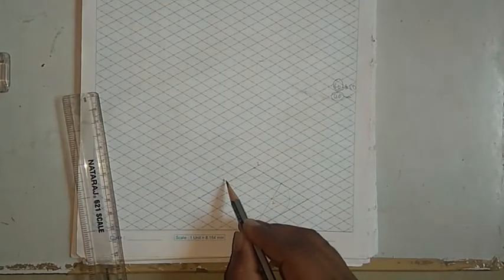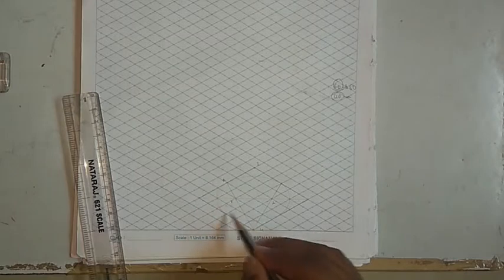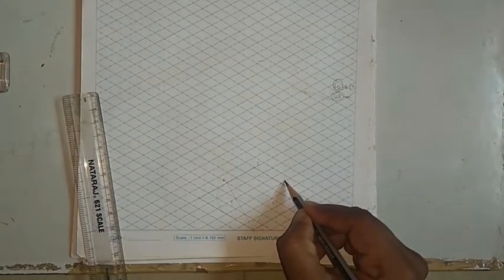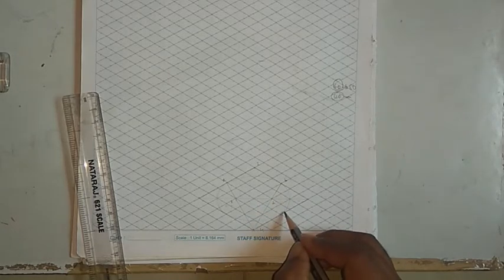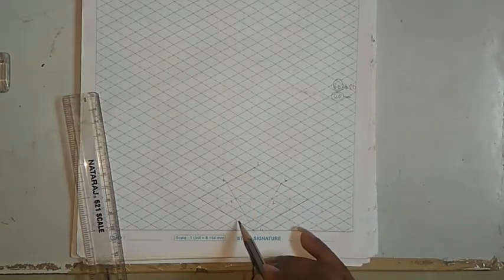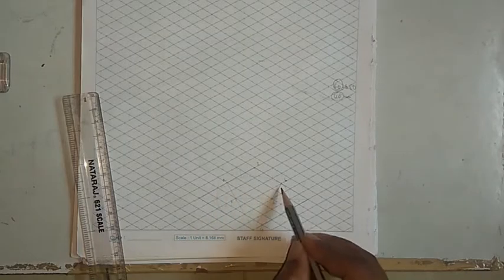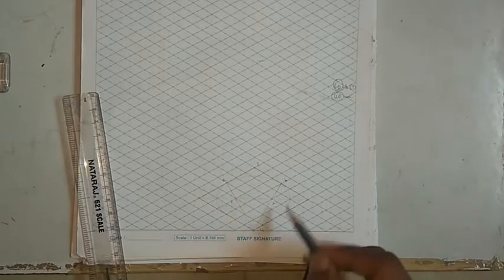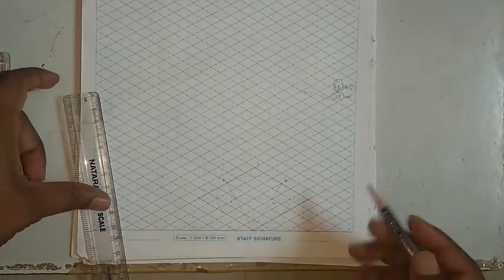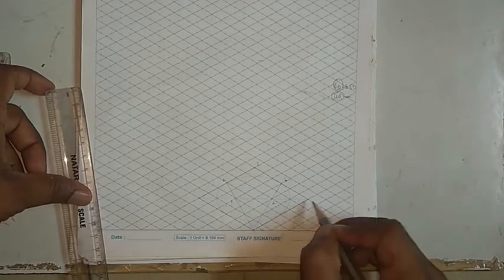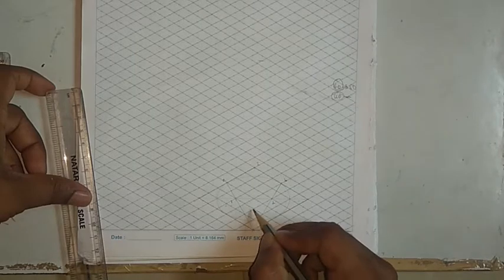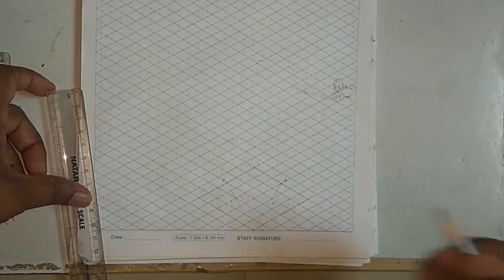A thin one. Let us say 1 as the center, call this A. With 1A as the radius, drop an arc. Then 2, let's say this is B. With 2B as the radius, drop one arc. Then 3 and 4 with these two ends. So this is how exactly we can construct the circle. The side is 60, so we take 1 2 and 3, and this is the center.